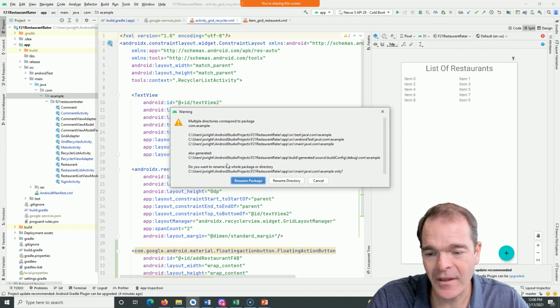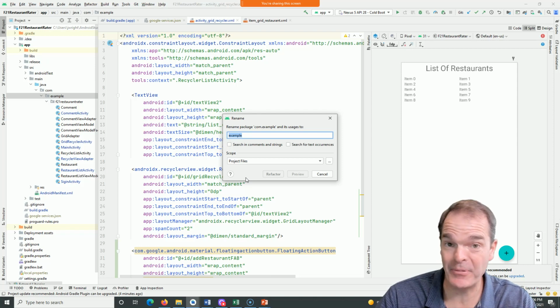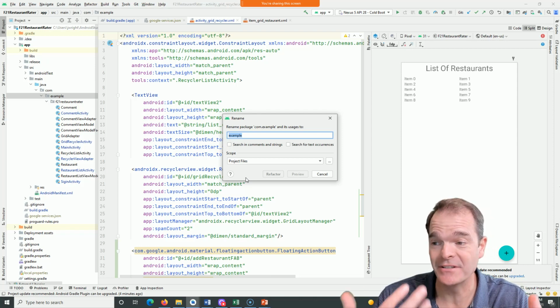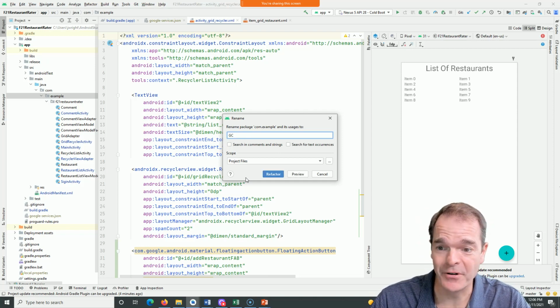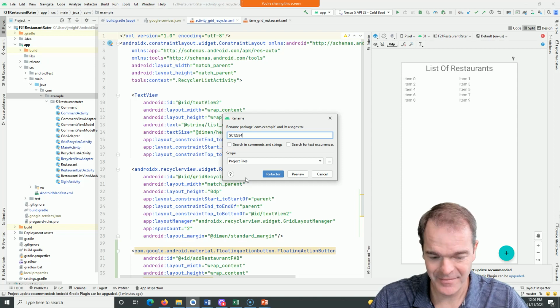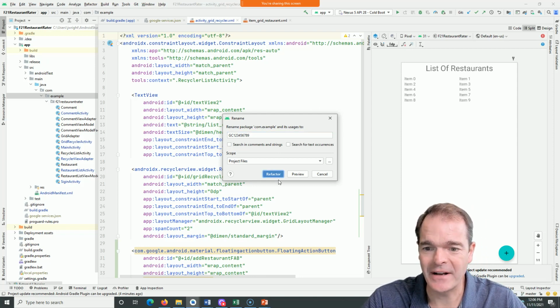And what I recommend is use something you know will be unique. If you happen to own your own URL, you could easily put your own URL in here. But in lieu of that, you could do GC, and I'm going to suggest your student number, 1, 2, 3. Okay, so if you do GC and your student number, and then hit refactor,